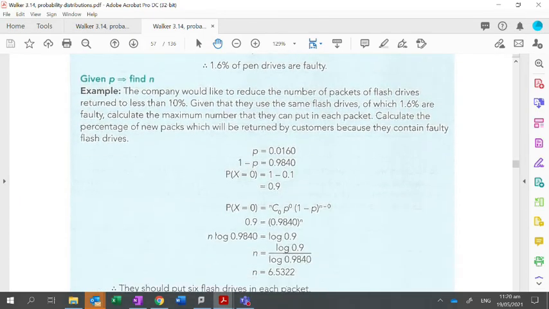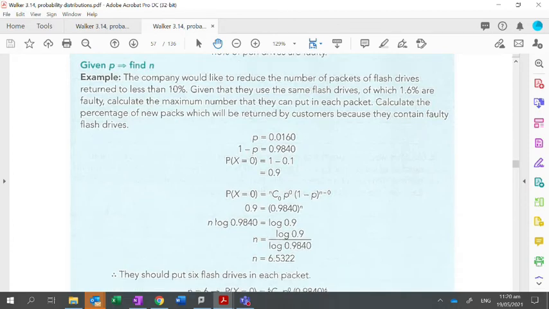Again. The biggest thing is make sure, ladies, remember, the biggest thing is to make sure you list what it is you know so you'll know which one is the thing you're missing. The company would like to reduce the number of packets of flash drives returned to less than 10%. Given that they use the same flash drives, of which 1.6% are faulty, calculate the maximum number they can put into each packet. So this time we're looking for the number, right? So that means we're looking for our n,